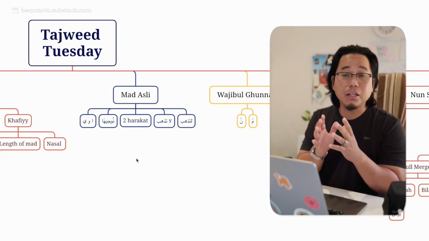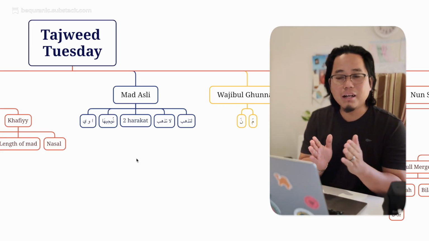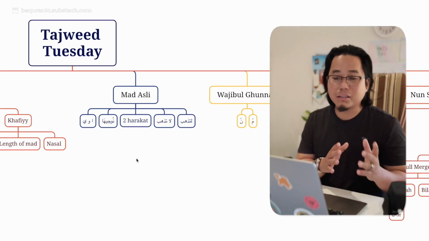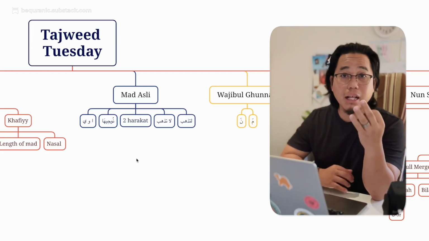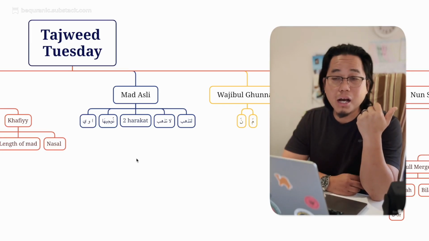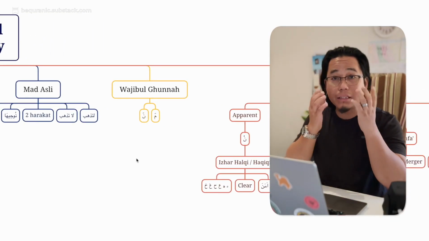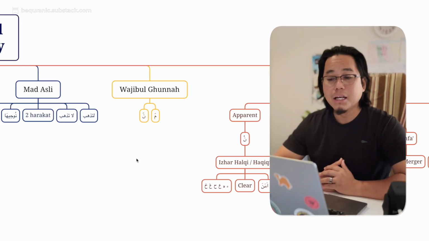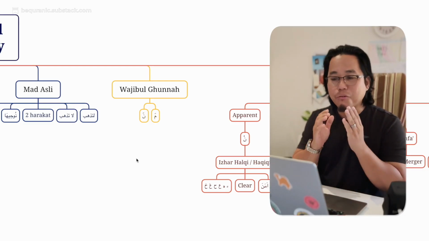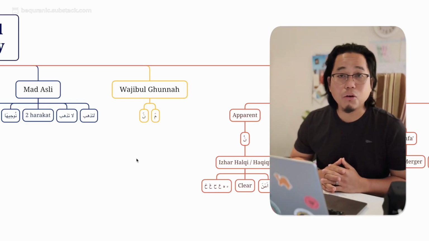The vowels in Arabic can either be short, or elongated. All right, so that's mad asli, the foundational, and the three letters are alif, waw, and ya. The formula is nuhiha. Then we've looked into wajibul ghunna. There are two letters of ghunna, the sound that comes from the nasal cavity. There are noon and meme. Wajibul ghunna happens when noon and meme has a shadda, noon or meme mushaddada.